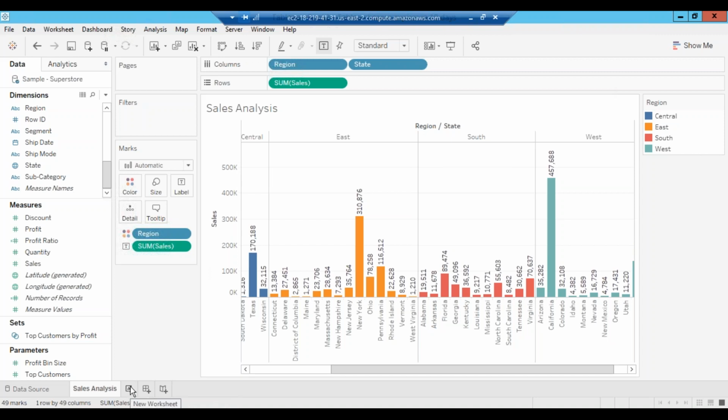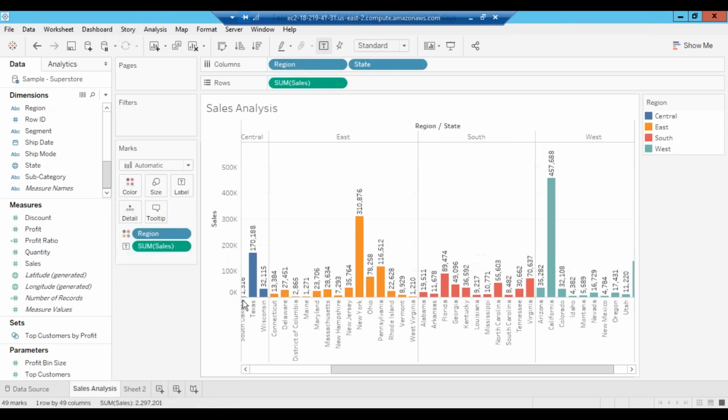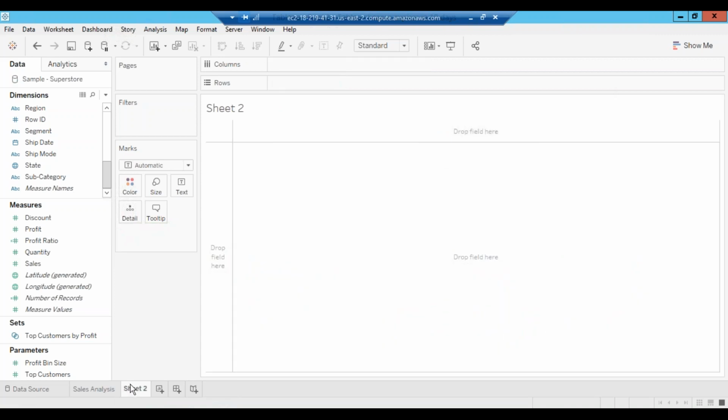The way you create sheet 1, sheet 2, sheet 3 in Excel, it is the same thing you are going to do here. So for a new worksheet, just click on that. The first plus icon is for sheet, the second plus icon is for dashboard, we'll see it, and the third icon is for story. So we will have three things: sheet, dashboard and story. Whatever is under a sheet, this is called a view.